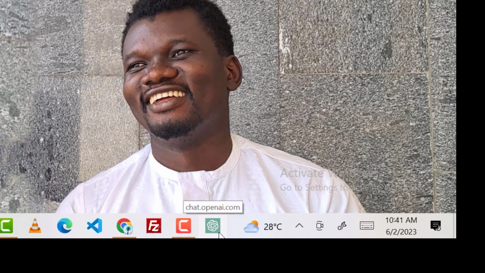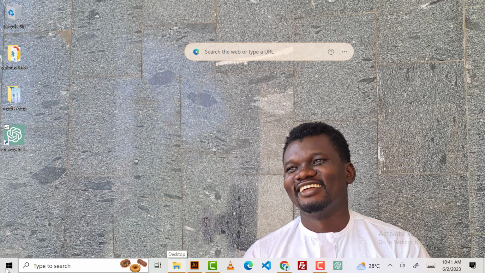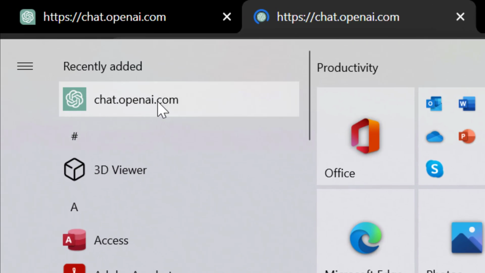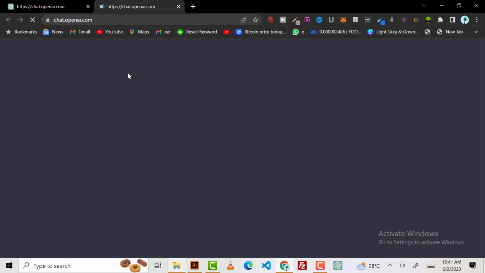So whenever you want to use ChatGPT, all you have to do is tap it, and it opens ChatGPT for you, or you go to your Windows and you see recently added, right? Now this is the ChatGPT Windows app, right? So this is going to save you a lot of time on always going to Chrome to open ChatGPT,